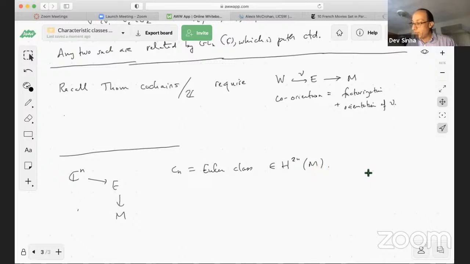It's the Thom cohomology class of the zero section inside of E. So that's as before, and here this is co-oriented in E if you want, and so we don't even need the factorization through E, so to speak. So that's as it was,